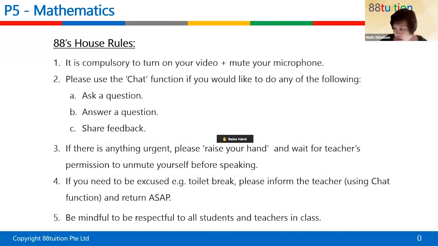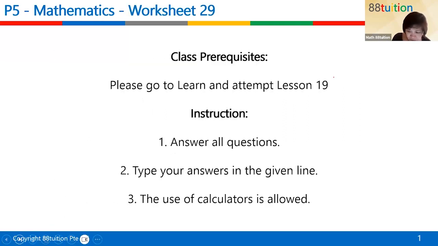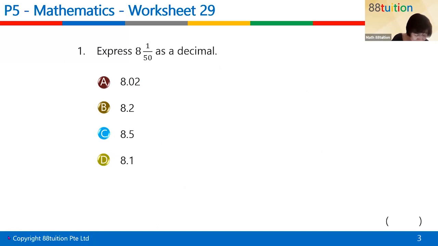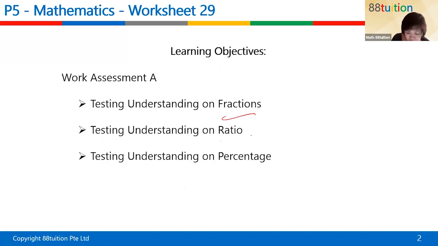We are doing lesson, what do you call that? Lesson 19, the video lesson that you watch, and tutorial worksheet 29. Time flies, right? And then our learning objective is made on three things: fraction, ratio, and percentages for P5 to